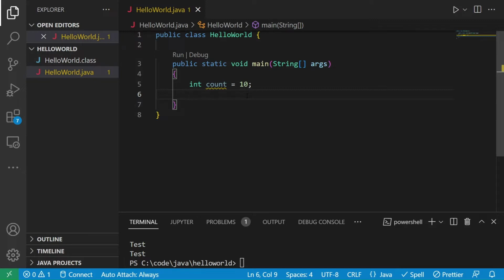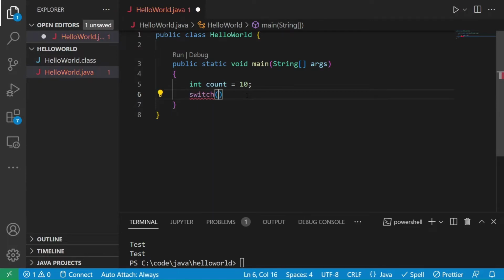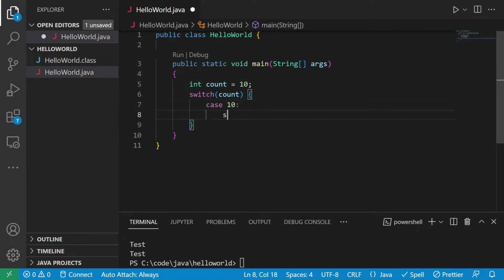For writing a switch case statement, the traditional switch case statement can be written using a switch keyword, and then we can provide the variable on which we want to do a switch. In our case, we are doing a switch on count, and then we will have cases where we compare the value of count with some number, and based on that we'll decide what to do. For example, we can say case 10,